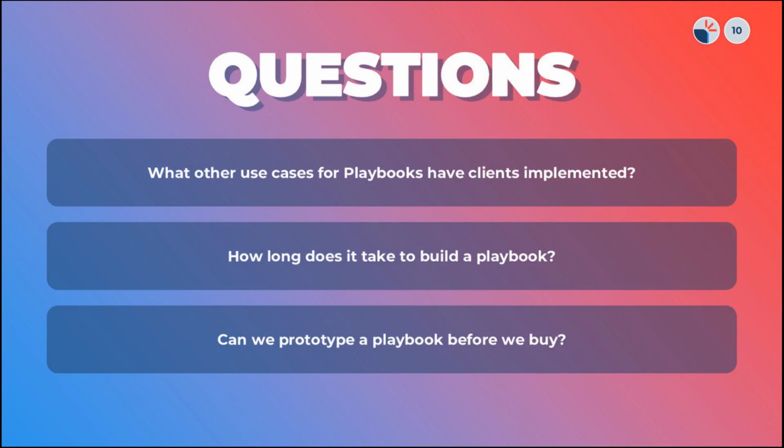In terms of how long it takes to build a playbook, when we used to build them manually it was quite a long process. What we tend to do now is try to get the playbook built and into pilot within about 4 to 6 weeks. The reason we encourage pilot is that whilst we can write processes down, they can be quite theoretical. We want to get this tool into teams so they can test it, work it through, and work out what right level of detail they actually need to help them orchestrate the process.